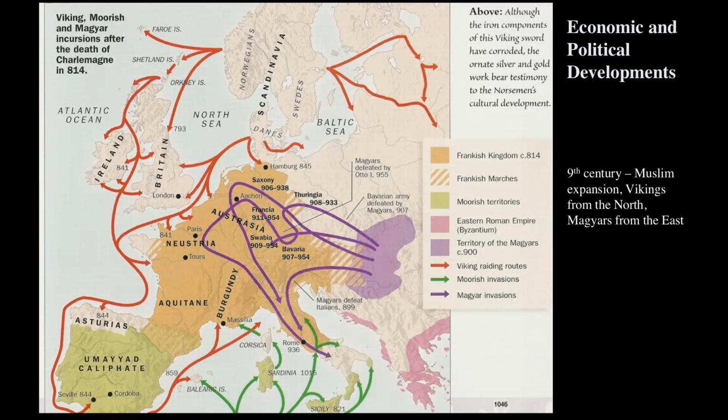And at this time, since there wasn't a lot of centralized authority, and as you can see, there are various peoples coming in and raiding. So the so-called Moors, that means North African people and people from the Umayyad Caliphate. We would see Viking raiding routes. So the Vikings were Scandinavians, and they were coming in and raiding. And then the Magyars, who are Hungarians, came in as well. So people would generally be thinking about, okay, I want to defend myself and not make too much noise and hopefully go to heaven someday.